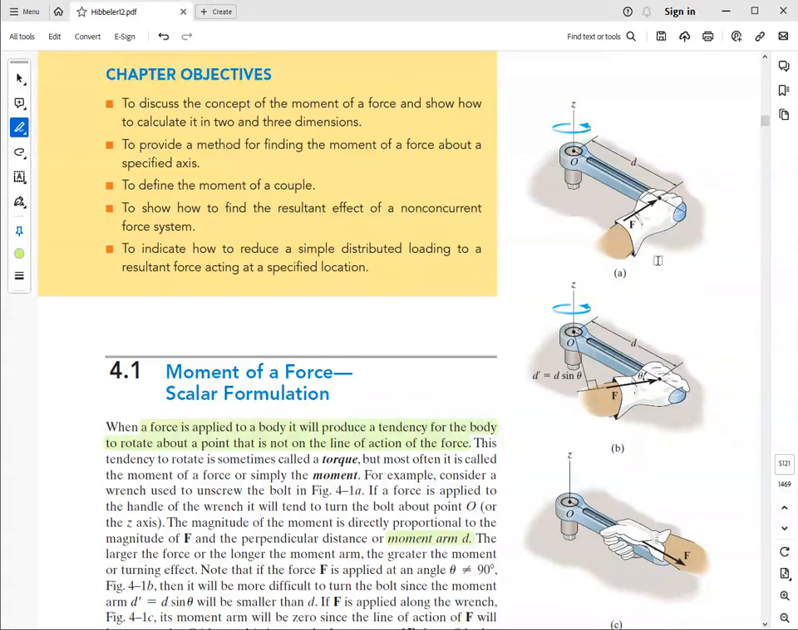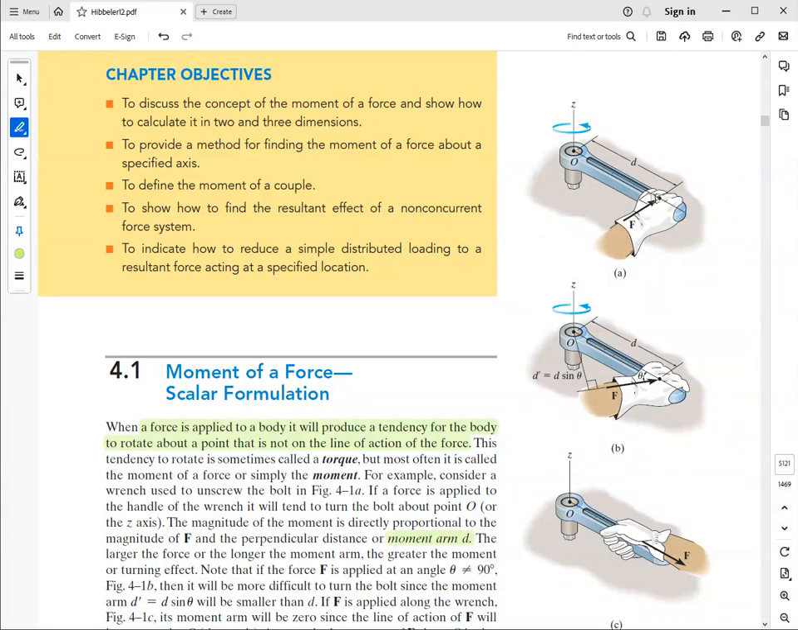Anyway, so if I have a force acting offset from a possible axis of revolution, then the effect of that offset force is to induce rotation. And the effect of the force will depend, of course, on the magnitude of the force and the distance measured from the axis of rotation to the line of action of the force. So